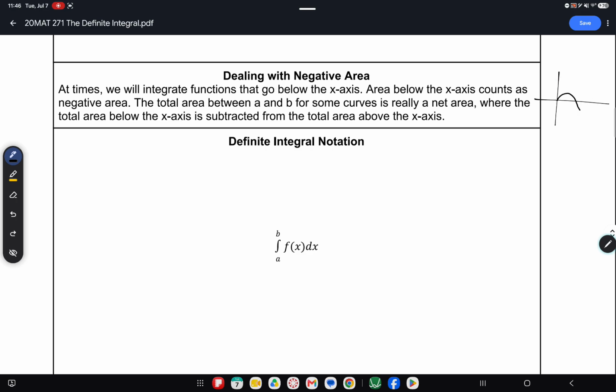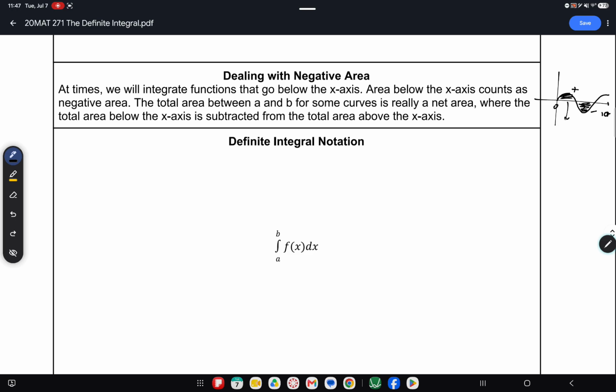So let's say maybe we have something like this. So this is positive area, and then anything below the x-axis is negative area. And if we're wanting the area from 0 to, let's say, 10,